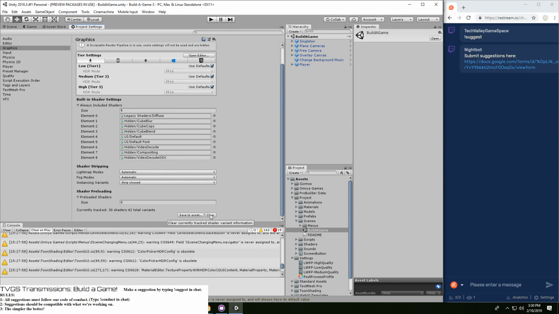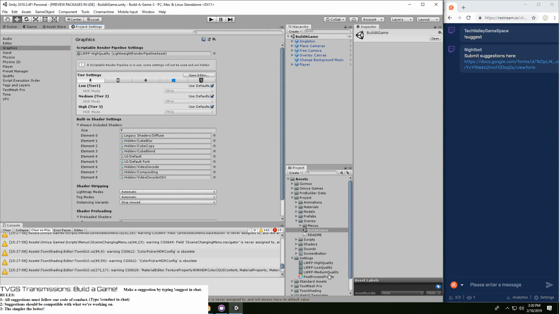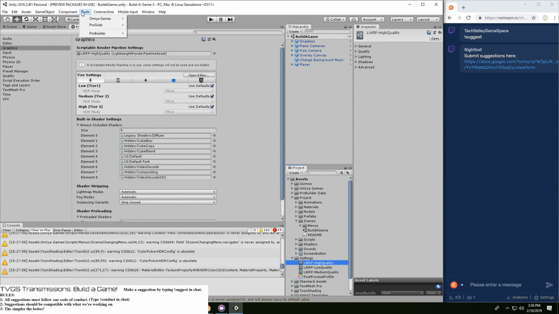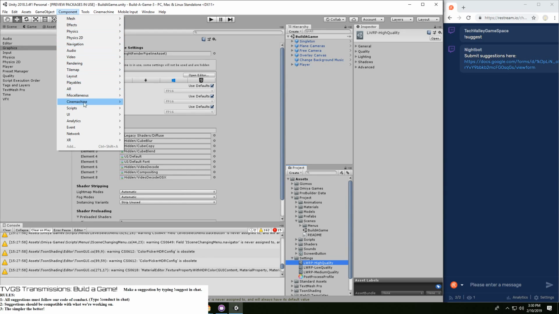Why is this not acting the way that I hoped it would? Let me see if it's under tools. No, that's not the reason. Cinemachine, blah blah blah.